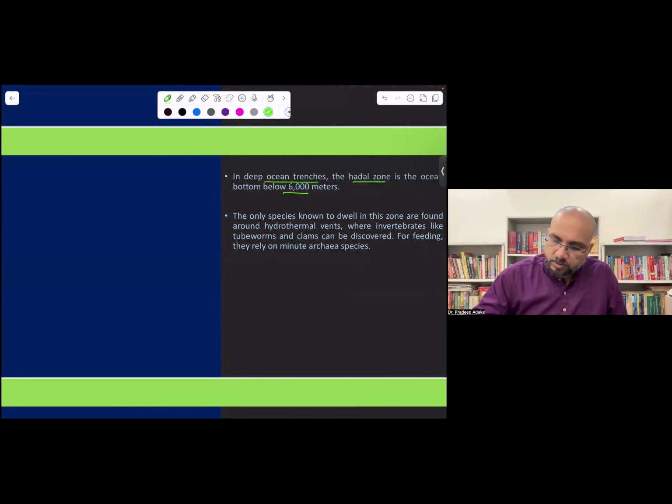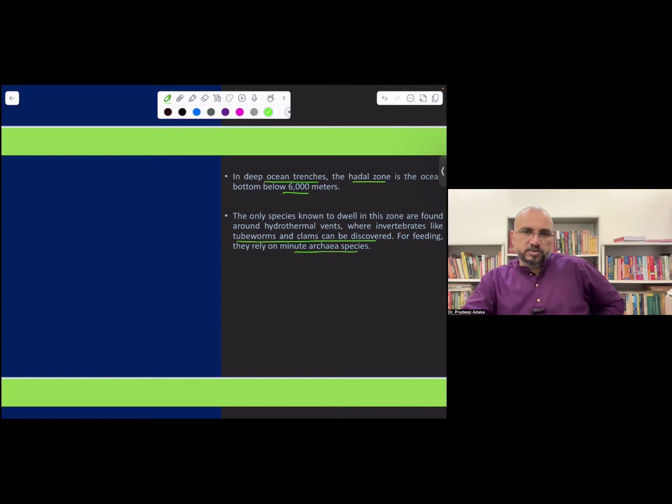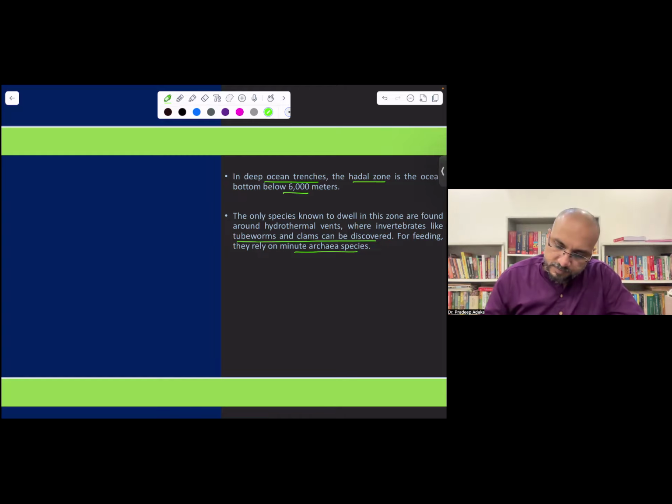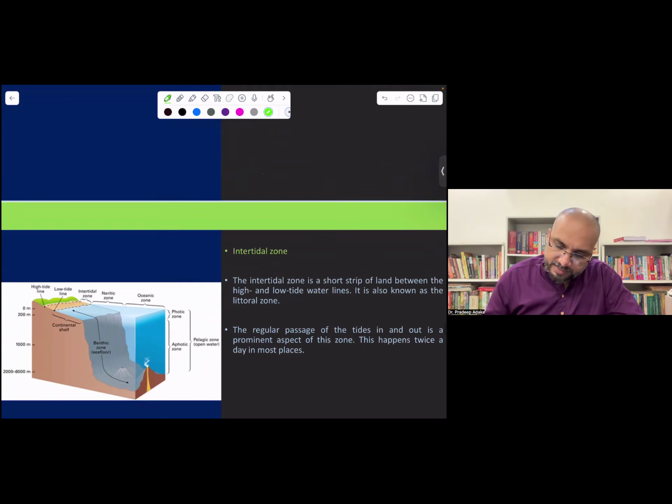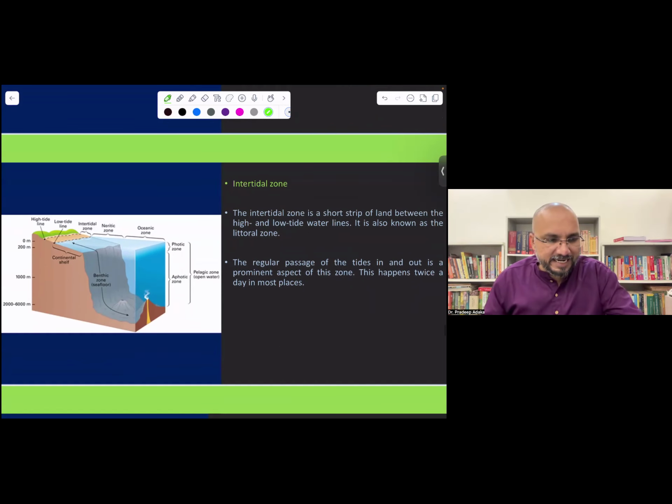Okay, so in the hadal zone, tube worms and clams live. They feed on the archaea bacteria near the hydrothermal vents, where volcanic eruption is happening. Now the intertidal zone, so this is the zone between the margin between the high tide and low